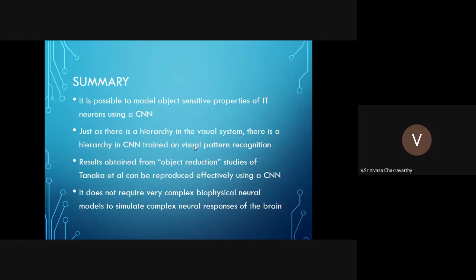And just like what they have observed by presenting the animal with progressively reduced versions of the input stimulus, we have also observed the same kind of response of neurons when you present progressively reduced versions of the input stimulus. So you don't need a very complicated biophysical neuron model to simulate complex neural response of the real brain. Okay,